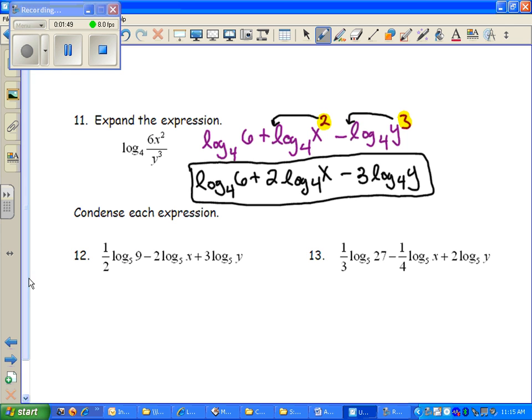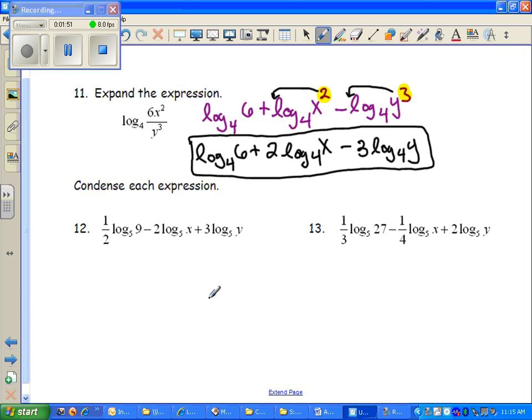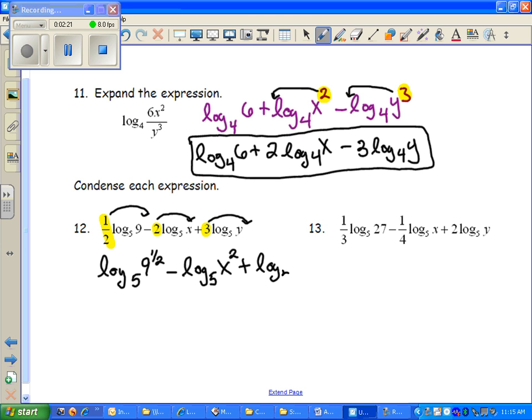On numbers 12 and 13, we're going to condense, so we're going to go backwards of what I just did. So for this one, any numbers in the front will need to become exponents. So those are going to move over here, and over here. And I'm going to rewrite it. Log base 5 of 9 to the 1/2 minus log base 5 of x squared plus log base 5 of